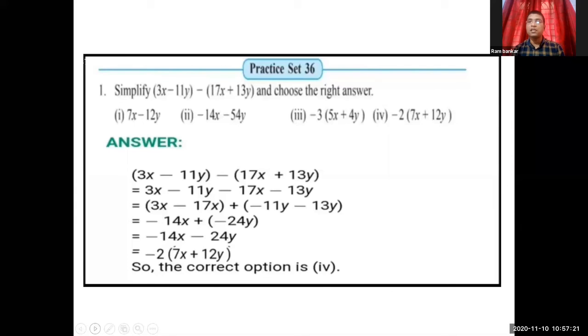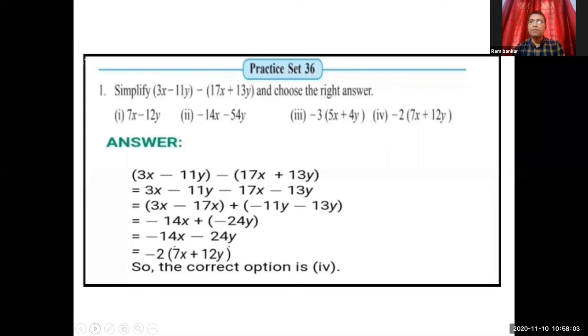Can we write this equation in another form? Okay, count the table. In which table did those two numbers, 14 and 24, come? Which number divides these numbers? Of course, 2 divides them. We can divide 14 by 2, and we can divide 24 by 2 also. So take 2 out of the bracket. In the bracket, we have written 7x plus 12y. Why? Because 2 sevens are 14x and 2 twelves are 24y.